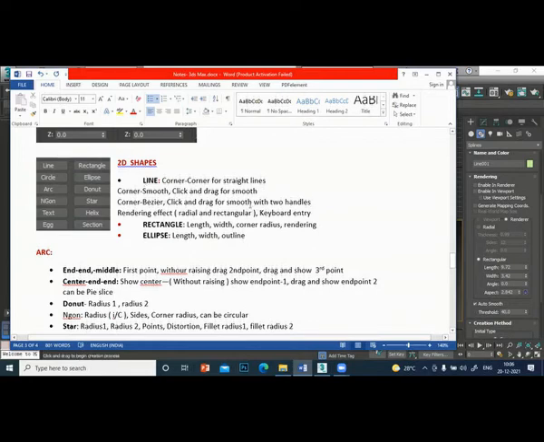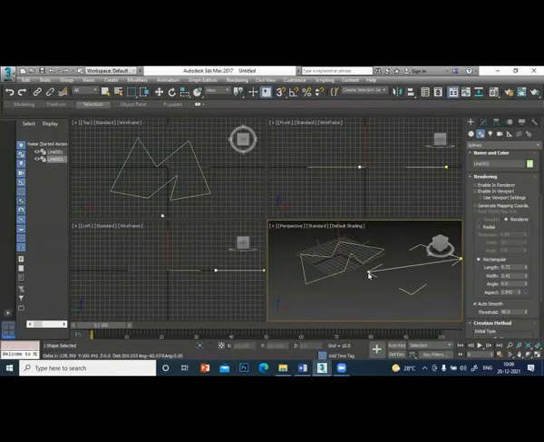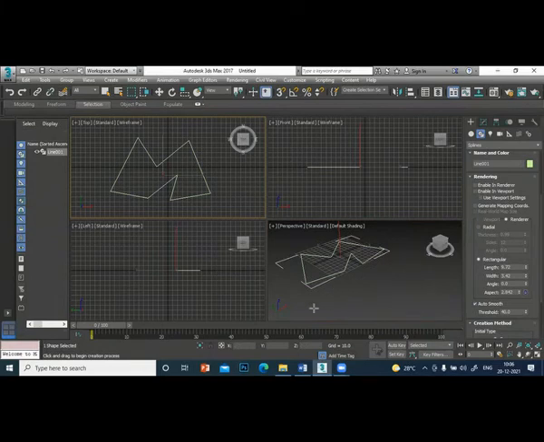You can draw the line using keyboard entry also. You can use keyboard entry to draw the lines. So how will you draw a rectangle? Suppose I want to draw a 10 by 5 rectangle.